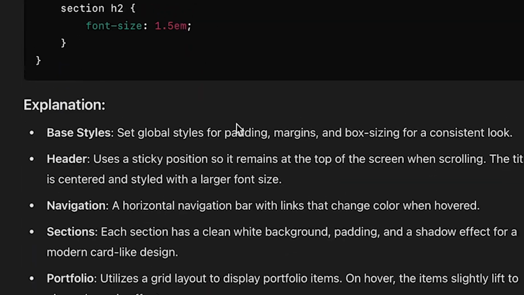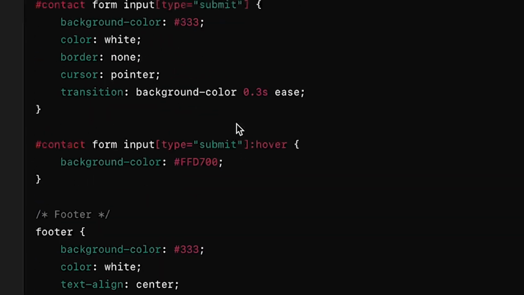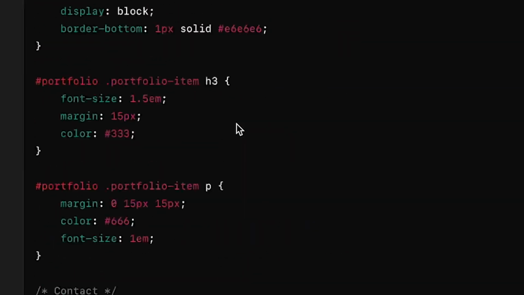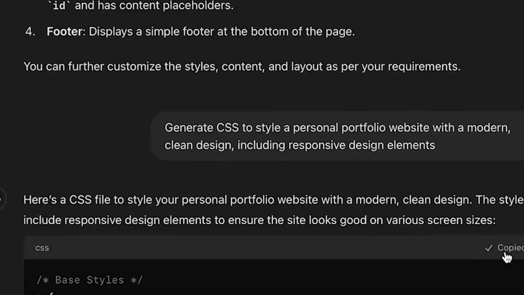Have a look at the code, and it also gives you the explanation: the base styles, header, navigation, then you have sections, portfolio, contact, footer, responsive design, and you can also customize further if you want to. But now our next step is to go ahead and copy this CSS code,